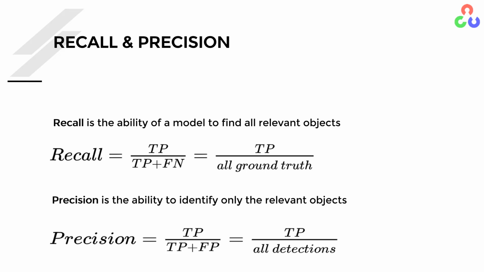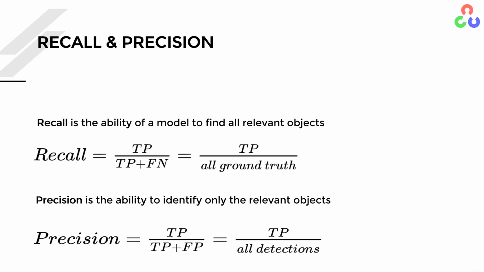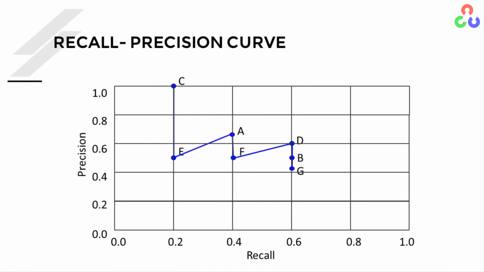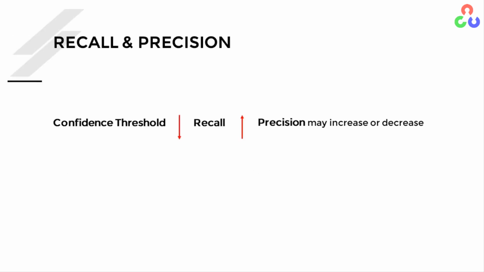Once we have an object detection model, we can use it to create a precision recall curve by thresholding the confidence. Using various confidence thresholds, we can get pairs of precision and recall over the entire validation set. And we can plot these values to get the precision recall curve. When the confidence threshold decreases, recall increases monotonically and precision can go up and down, but it usually decreases.